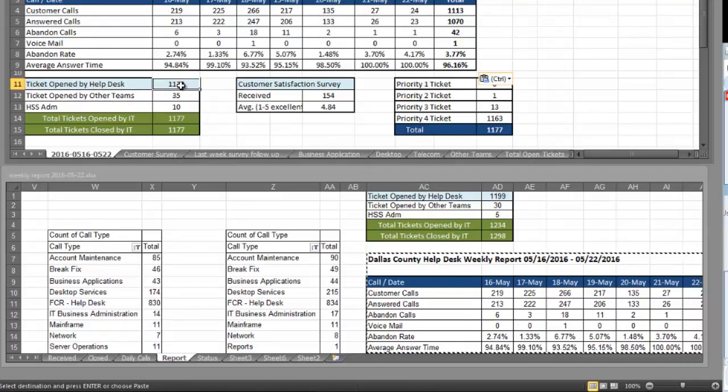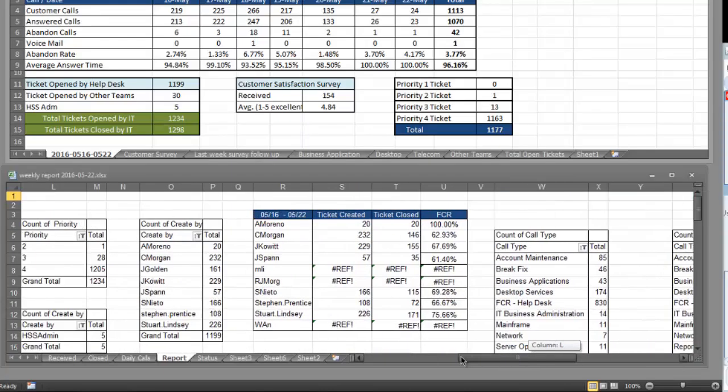So 1199, ticket opened by help desk, ticket opened by other teams is 30, HHS admin is 5, ticket 5 to use 1234, total closed 1298. I once had that to auto calculate, but somehow I got messed up by someone. Anyway,